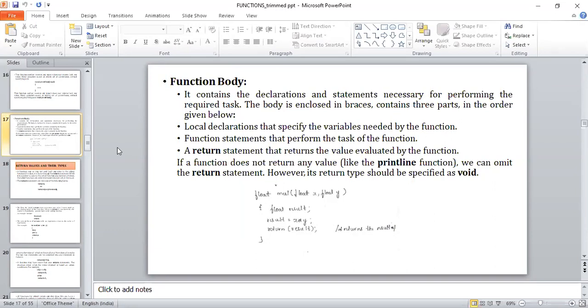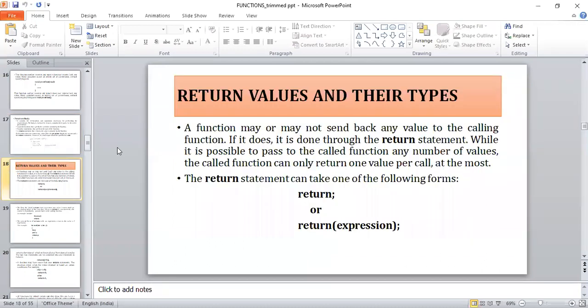Result, which stores the product of the two numbers x and y. What does it have to do? Perform the multiplication x into y. After that, it has to return the result. Like that we can constitute the whole function definition. Understand? Yes. So this is regarding your function header and function body. Next is a very important concept, the return values and their types.